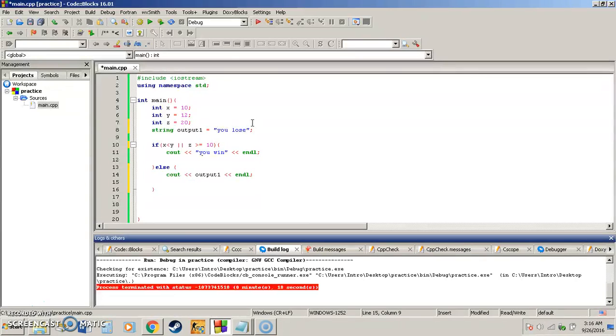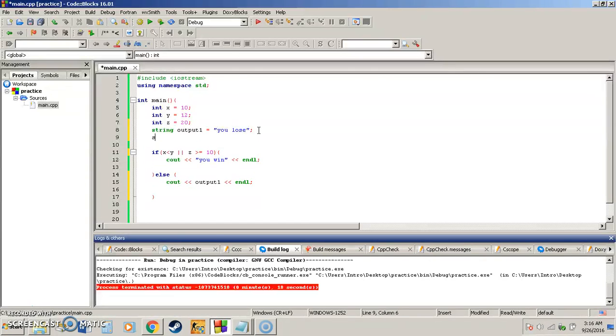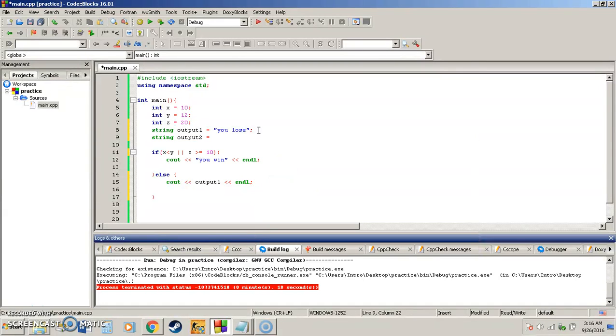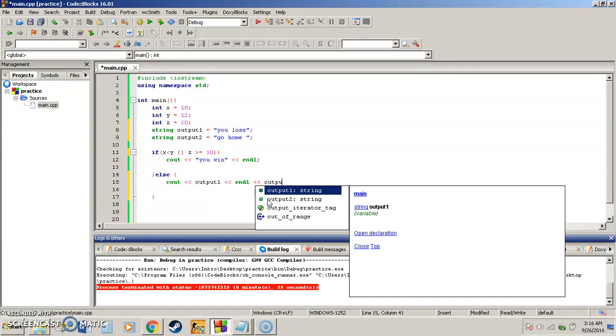Then we're just going to have another output 2, we're going to say you lose, go home. And again these are string variables, so we're going to say output 1 in that line, and then we want to also say output 2